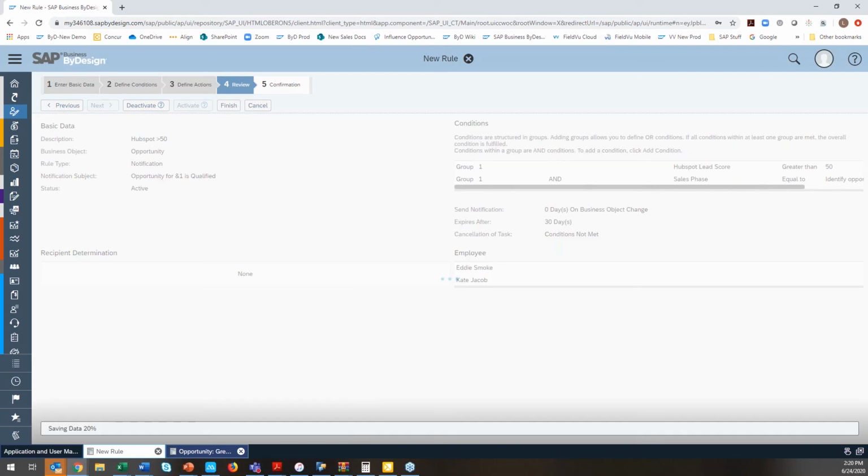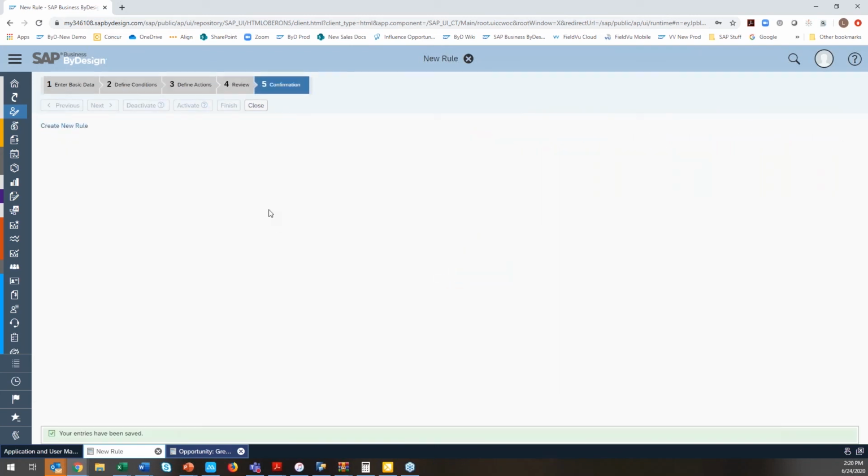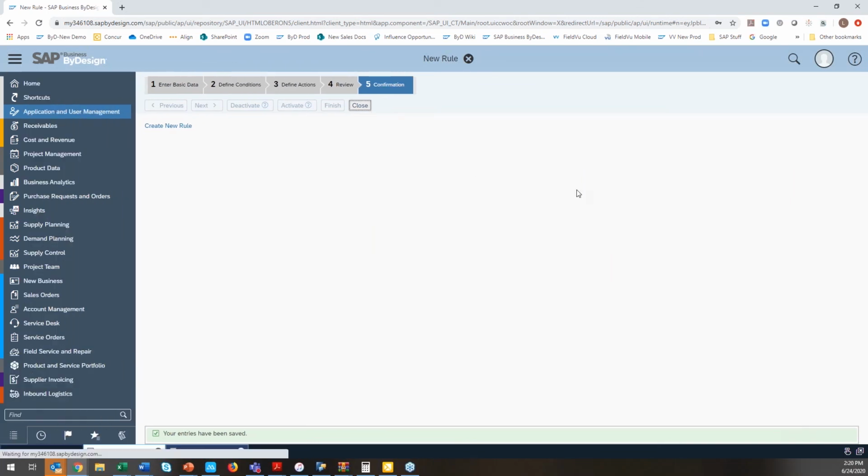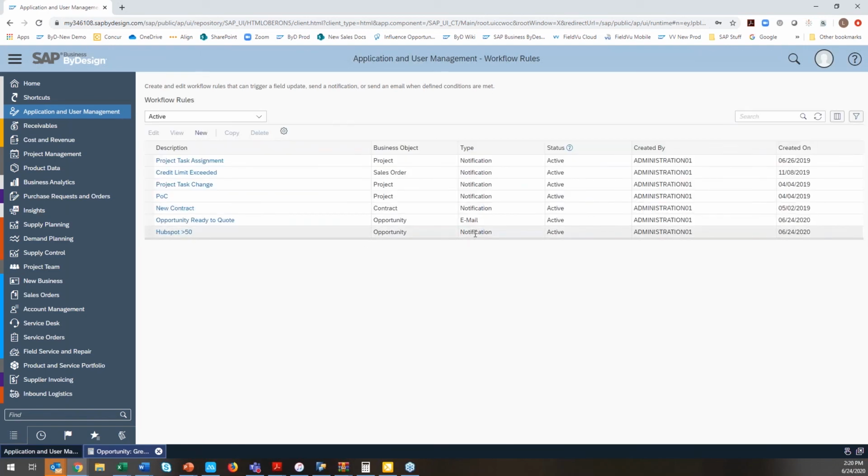All right, so let's see this guy in action. Just double check that it's on our work list and ready to go, and it's active, so it's perfect. In this example, we're going to create a new opportunity and put it in the identify opportunity stage, but I'm not going to put a HubSpot score in. Then I'll go back in and add that score as 51 or above. Hopefully, if I did everything right, I'll keep my fingers crossed that that task will automatically pop up at the top of my screen,